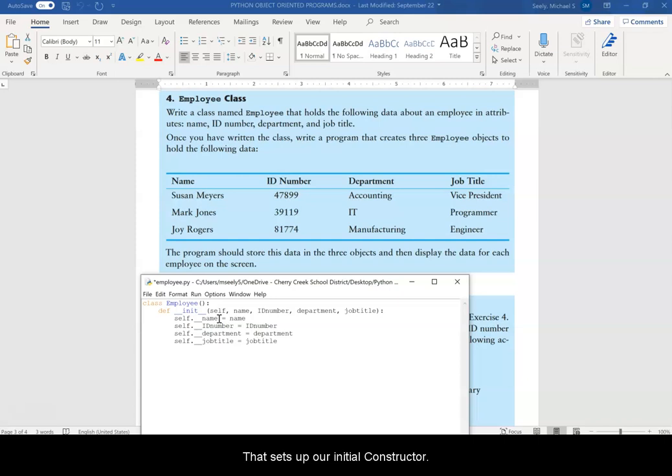Alright, so that sets up our initial constructor. Then we're going to have sets and gets for all these, and then we're going to display self here in a second. So define set name,